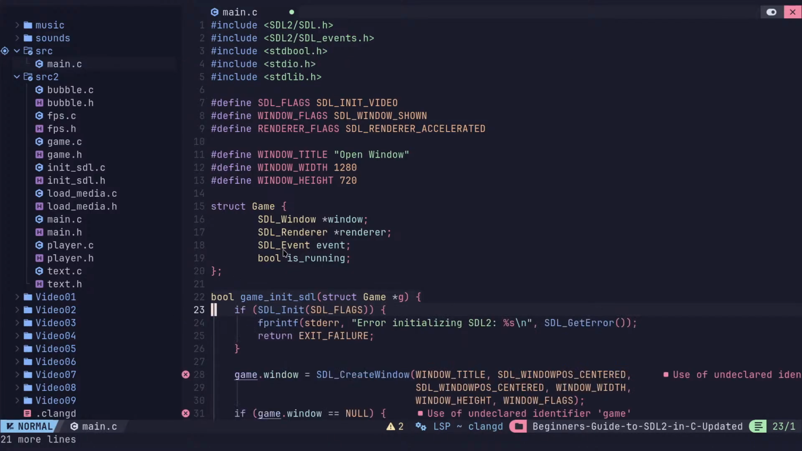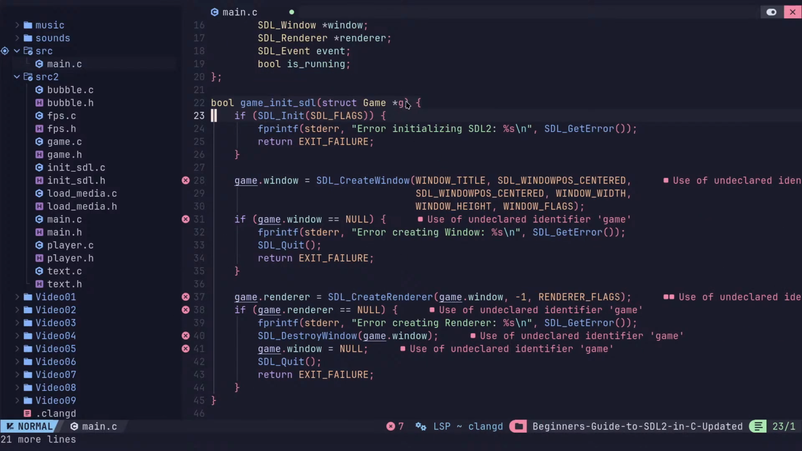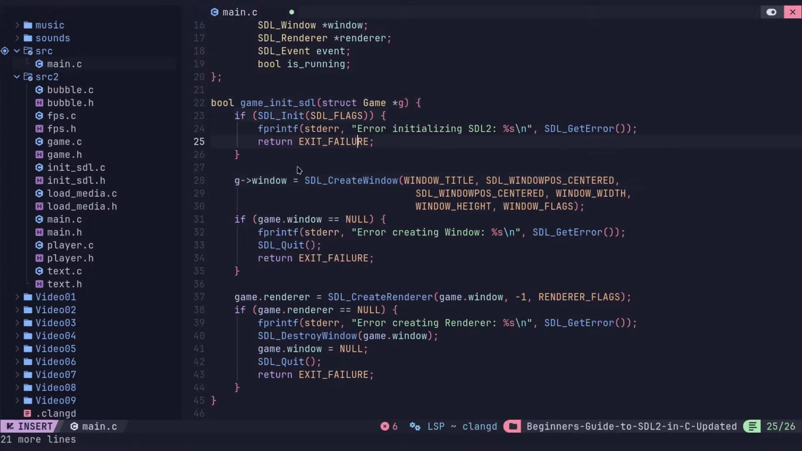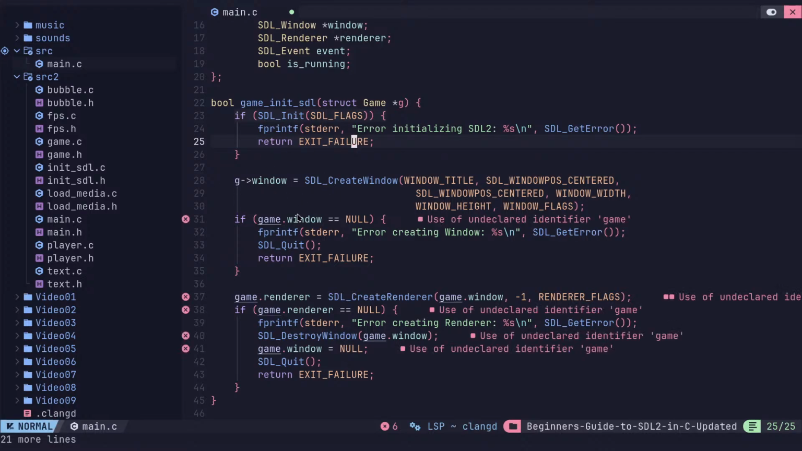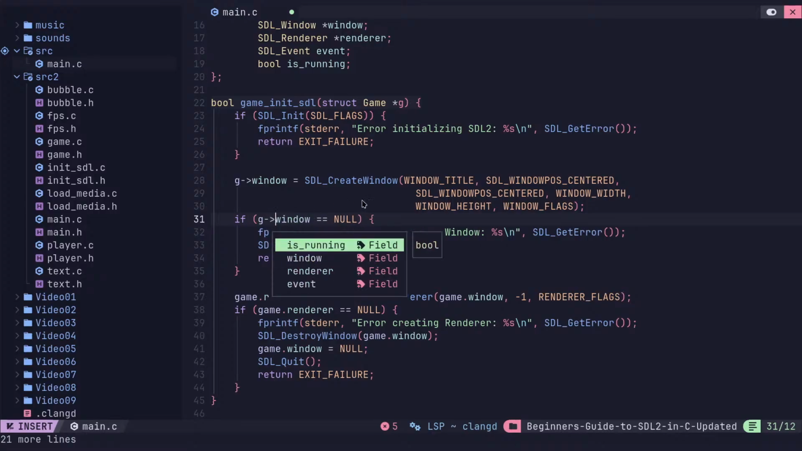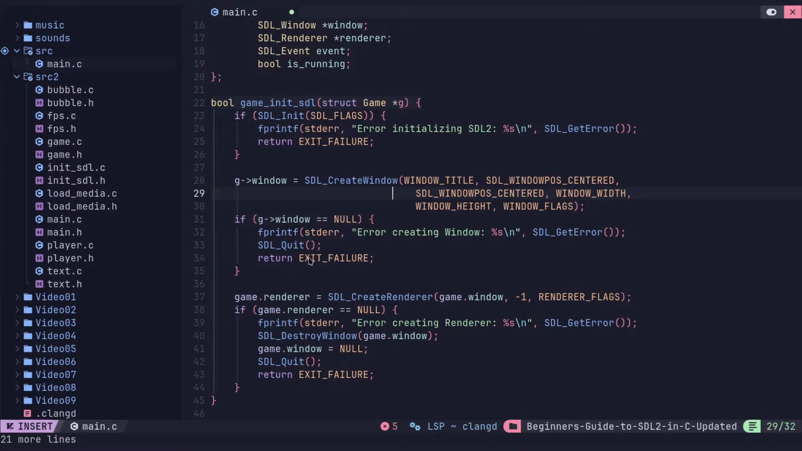And I'm just going to paste those in real quick. Now, everything is this g. So this game doesn't work and this dot doesn't work now. So all of these need to be g with an arrow, because it needs to dereference that pointer. Okay, so I need to do that with all of these. And